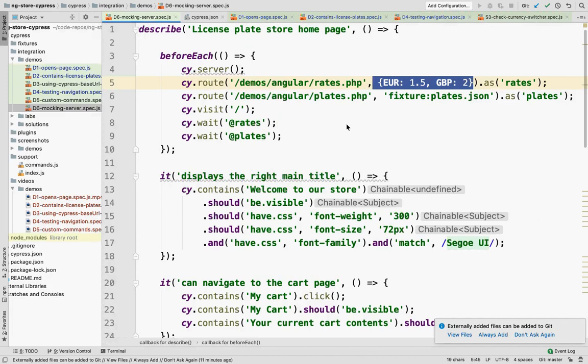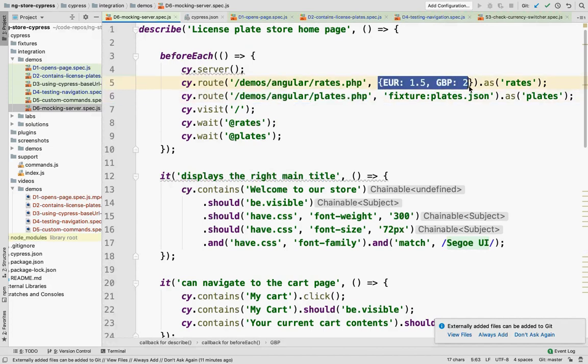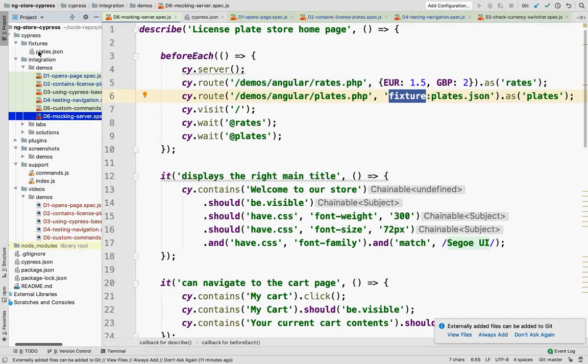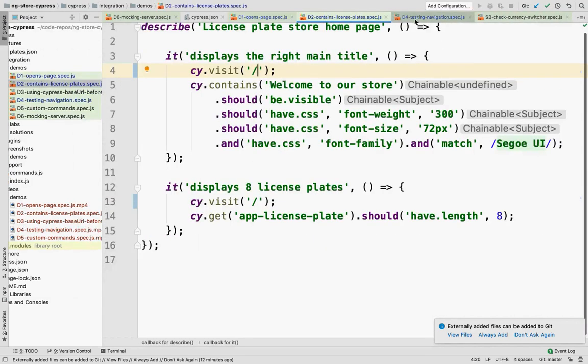Is that just in this, I don't know what it's called, or described? Sorry, can you say it again? So you're intercepting these two specific routes? Yeah, so the request I make to this endpoint and that one get intercepted. In that case, I just return this object. In the second example, I'm returning the contents of a file, place.json, that's located in the fixture folder. So that's kind of what you described earlier, where you can provide a file with the data in it. So here we're using the file as what we're going to return from the backend.